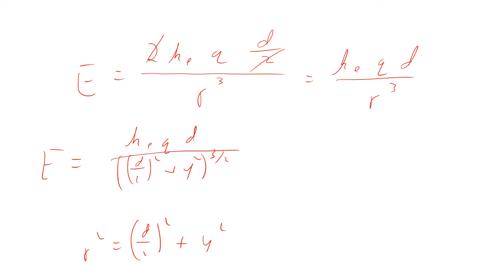Now, if we make an assumption that we are a long ways away from the dipole, then that means that y is going to be much greater than d. So if we take the limit as y becomes much greater than d,